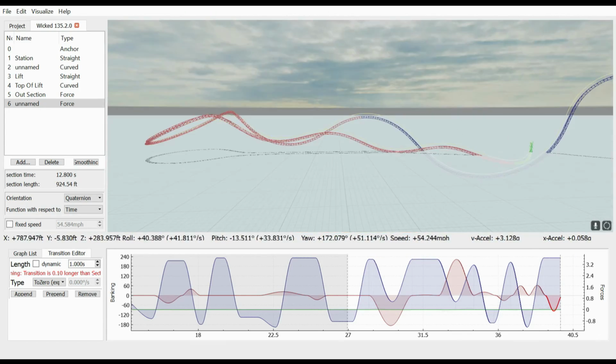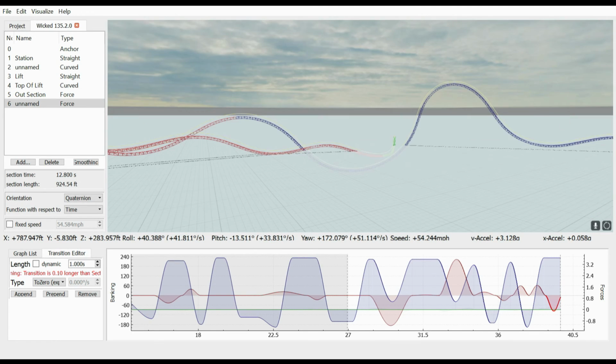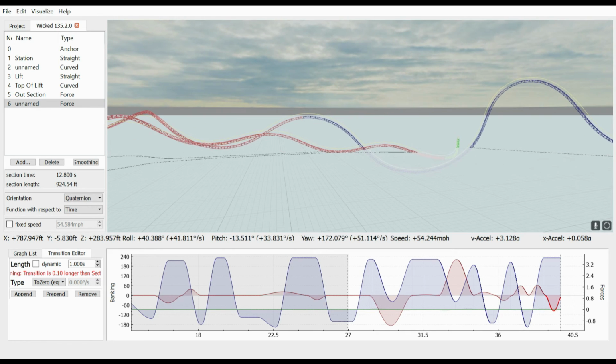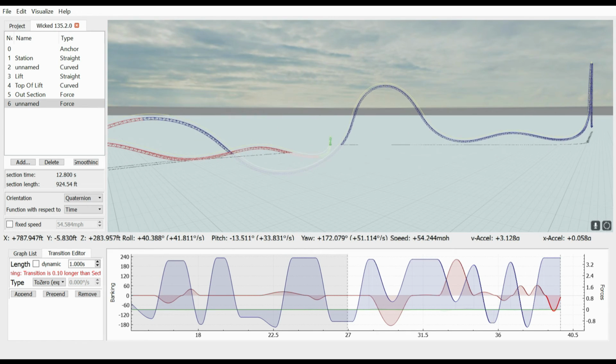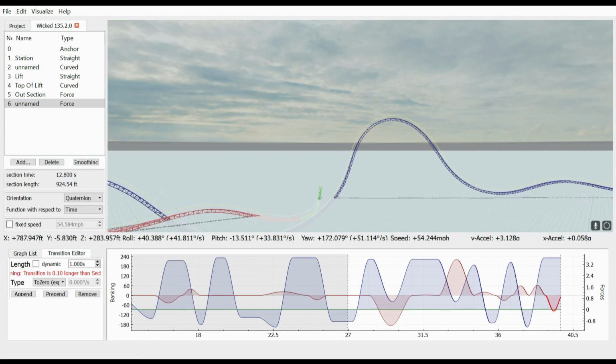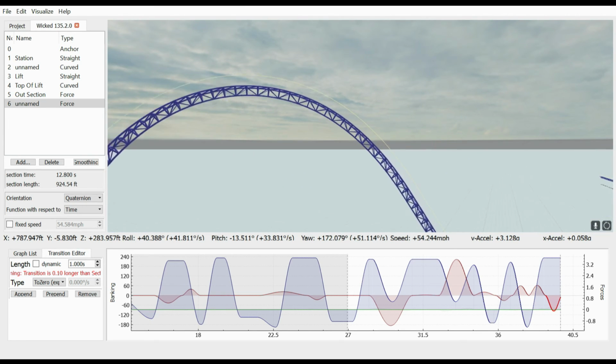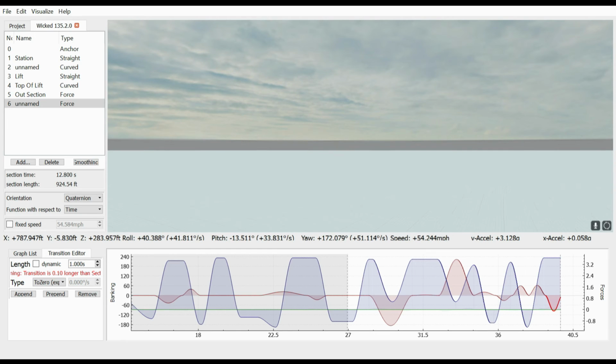Let's see. We're going to need to work on that a little more. So we'll do that in the next episode. We'll work on that some more. It's a little bit wonky right through here. We'll fix that up. I think I can do better. We'll work on that. We'll get more of the back section done, and then I think I'm going to end